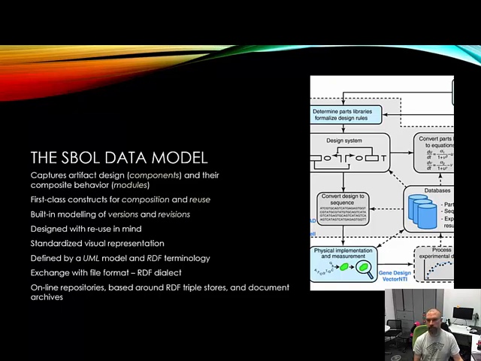It supports composition in that you can take your component or your module and you can reliably use it in many other designs as a part within those designs. And the data model is designed so that the underlying knowledge about those small parts you're using doesn't change under you. So things are never edited with the same identifier. This really comes into versioning and revisions and identification. So all the entities within a ShortBOL design have a unique ID, they are versioned, and they're attached to a